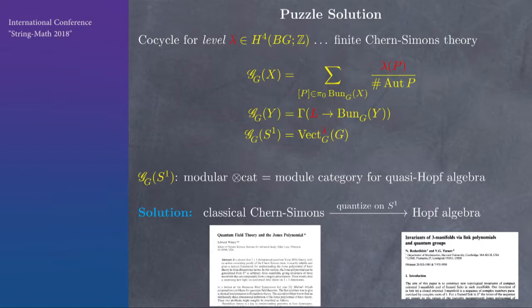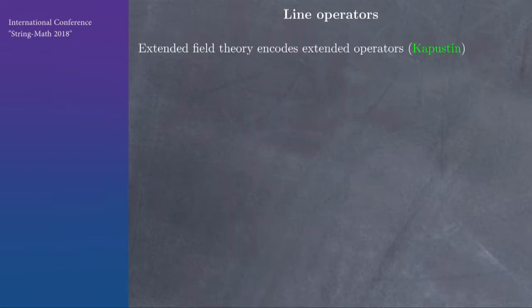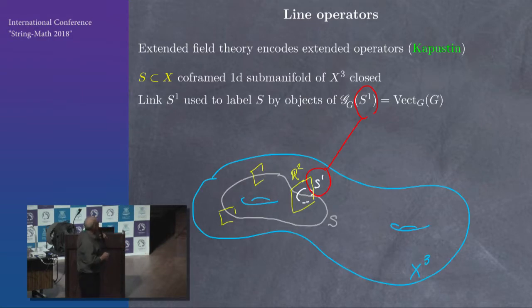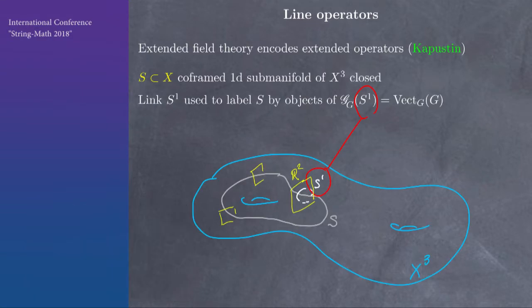Well, once we've gone down to the circle, we want to go fully local, so we want to go down to a point. I'm sorry, before we do that, I wanted to say another aspect of extending down to the circle, and this was beautifully described in the ICM lecture from 2000 of Anton Kapustin. So, namely, you have extended operators. And so in this theory, if we have a 3-manifold and we have a loop, and let's suppose that the loop has a framing on its normal bundle, so each normal space can be identified with the standard vector space, R2, and therefore the link at each point of the unit circle can be identified with the standard circle.